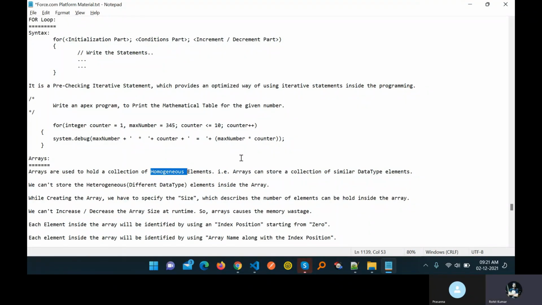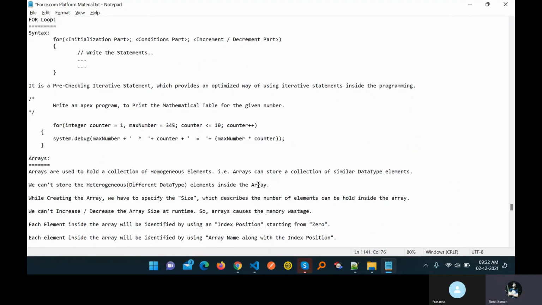And if you want to store heterogeneous, meaning different kinds of values, in a single collection, you can use a collection. But here you can see only homogeneous elements, the same kind of element, can be stored in similar data type elements. So an array can store a collection of similar data type elements, right? We cannot store heterogeneous, different data types.